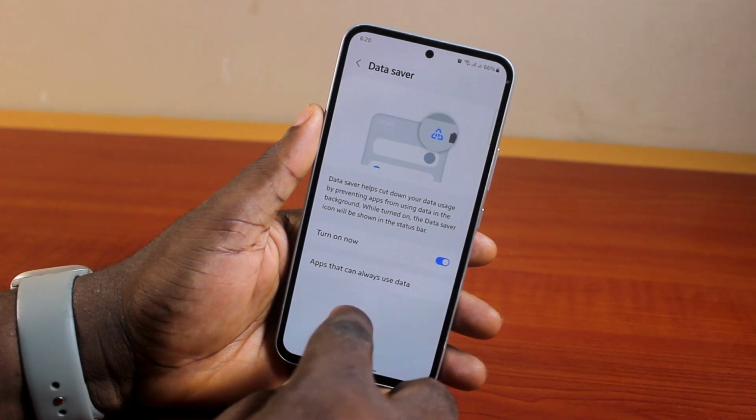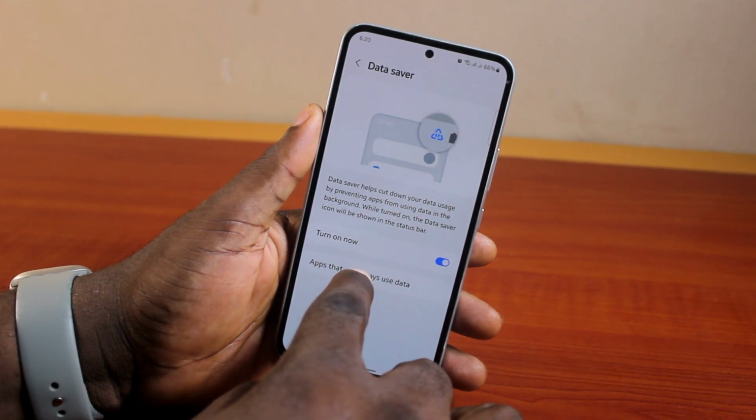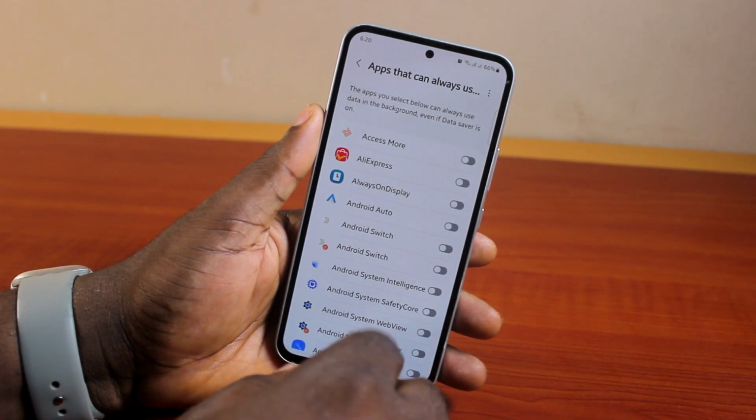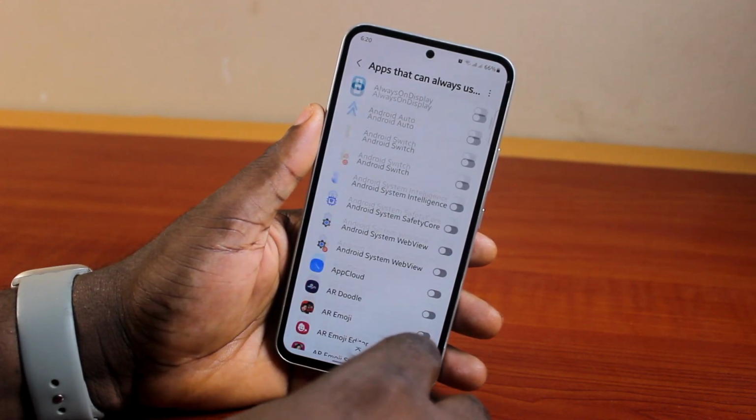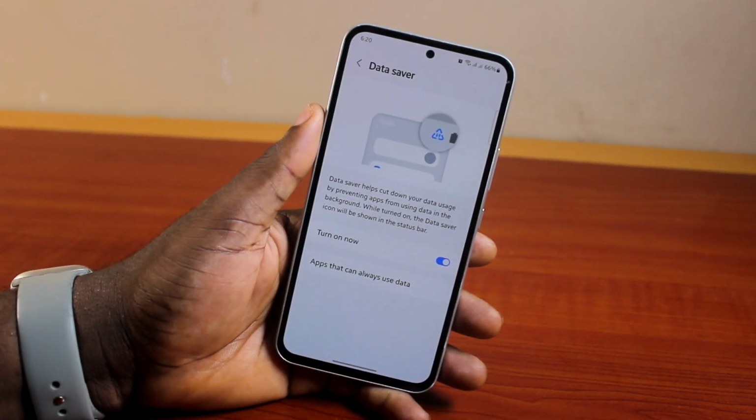However, to see applications that use data, just click on apps that can always use data, and then with data saver turned on, all these applications' background activity will be disabled, and then you're good to go. So that is basically how to turn on data